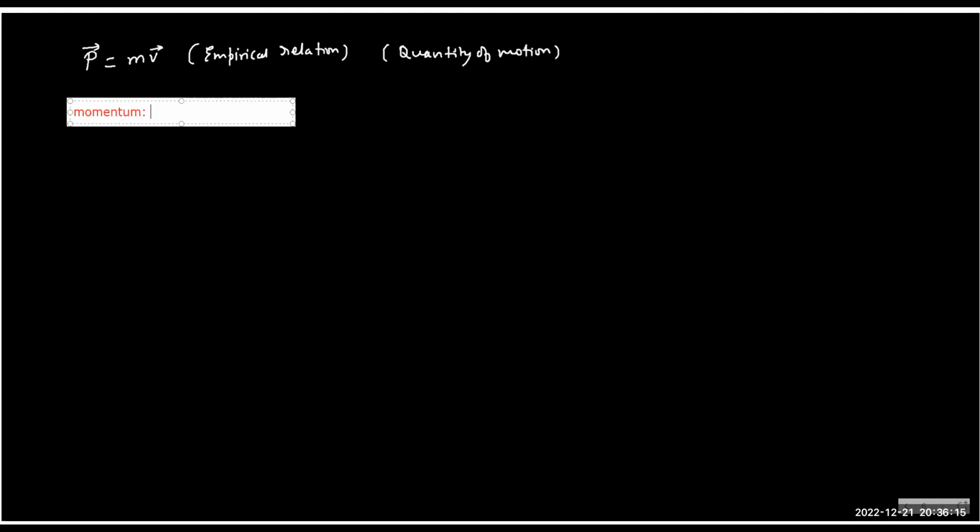What are we trying to explain through momentum? The inertia of motion. So inertia of motion will be for the moving object, yes or no? Yes. The formula is given so that if you have two moving objects, you can compare which one has more momentum and which has less, or which has more inertia to maintain the motion and which has less. So what really matters is the inertia of motion.